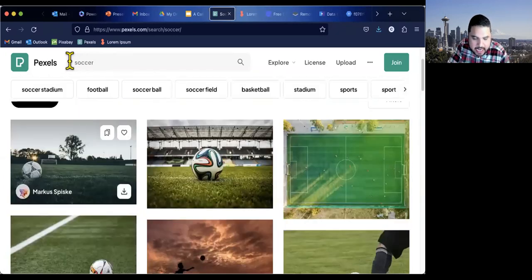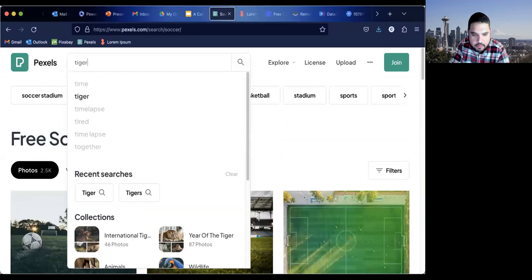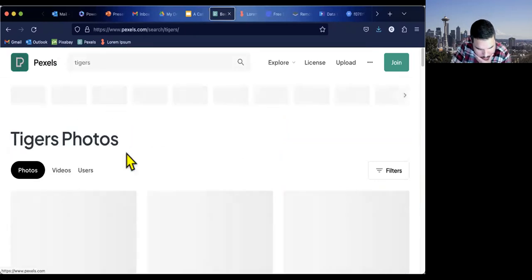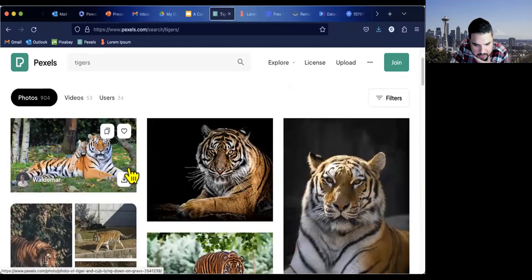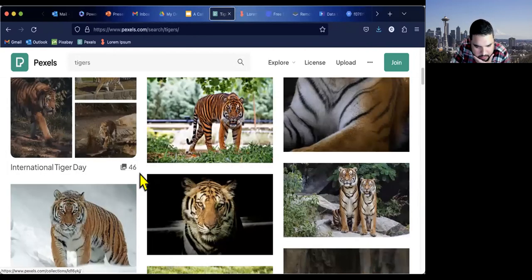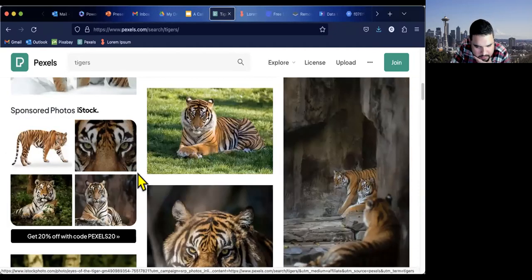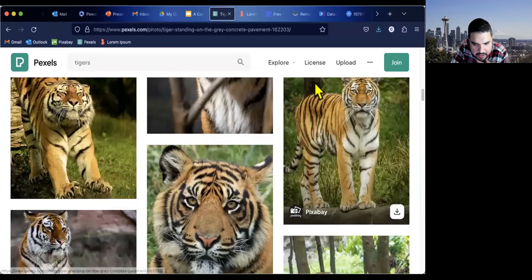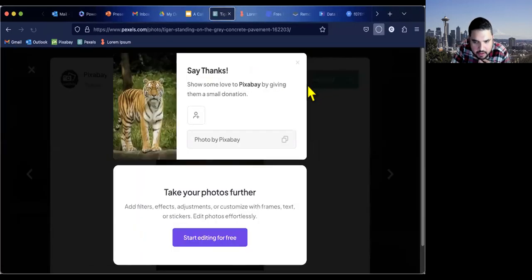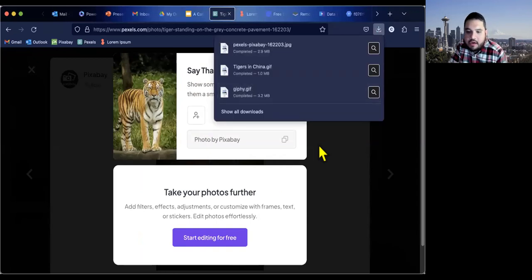If I type in tigers, you get really high definition photos of tigers. Some good ones. So I like this one. I'm going to save this one. And it's just a high quality photo. I could just download it to my computer. And then when I'm ready, I could just put it on my slideshow.